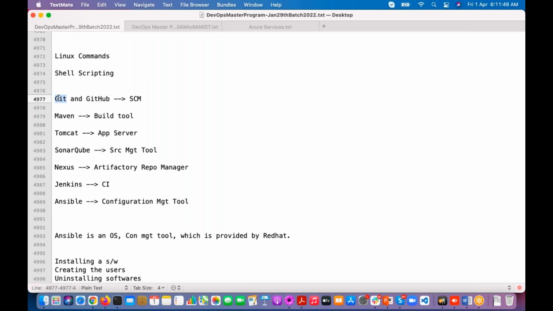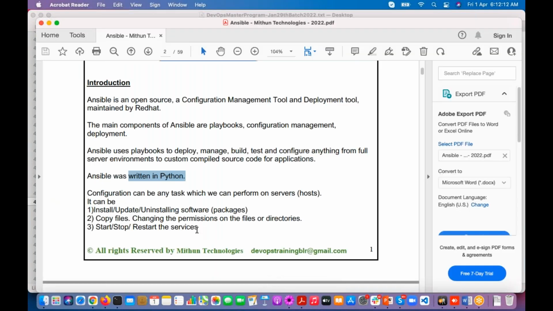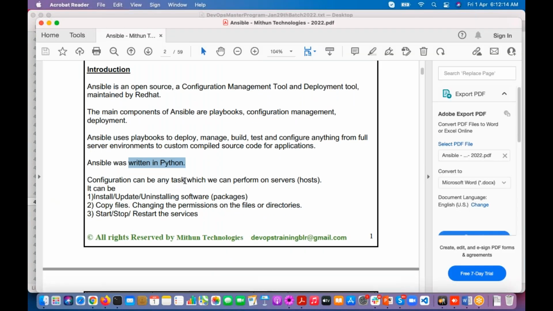If you check my GitHub intro questions, this question is there. So Ansible is developed using Python. If you want to install Ansible, what do we have to do? We have to install Python first.